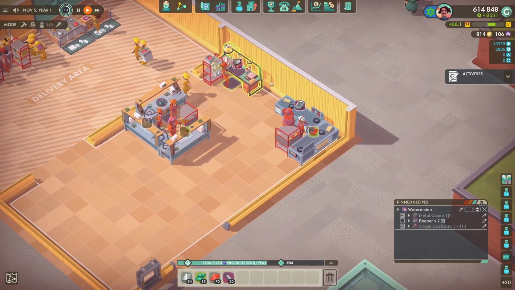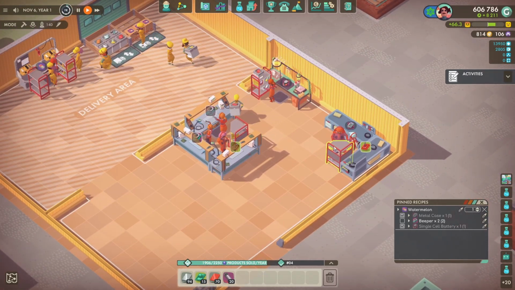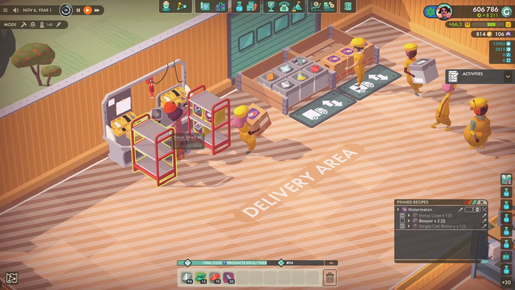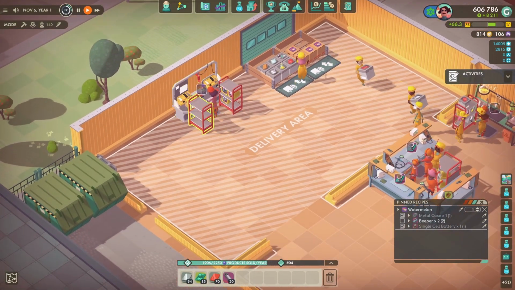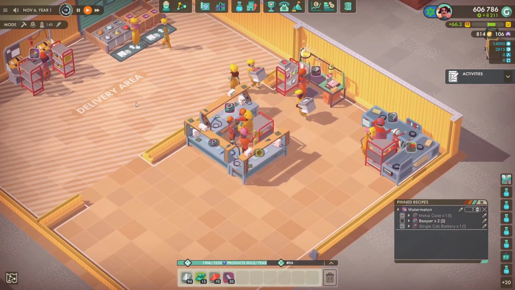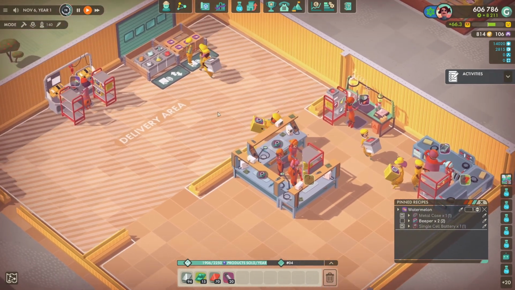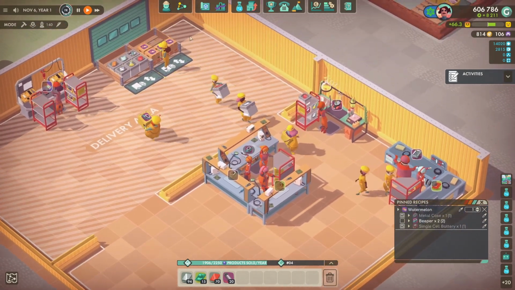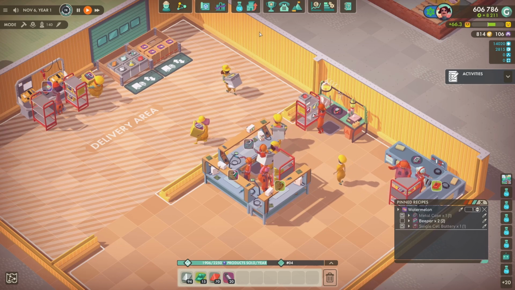So let's go ahead and upgrade everything, and this is going to really increase our production. We can also do another assembly table if we wanted to. However, we have got a little bit of a plan for this video. So we're now going to go on to